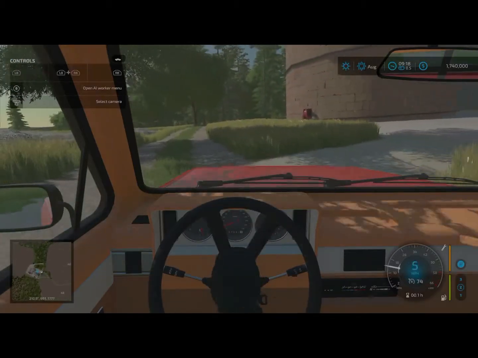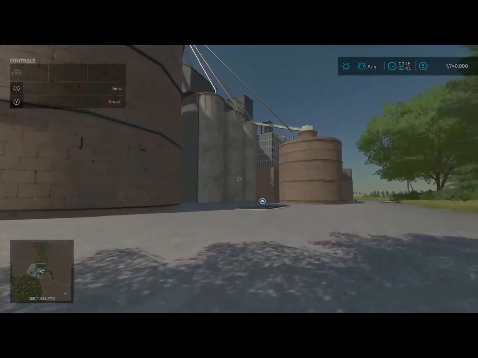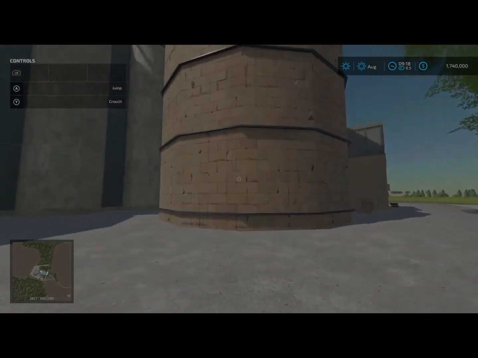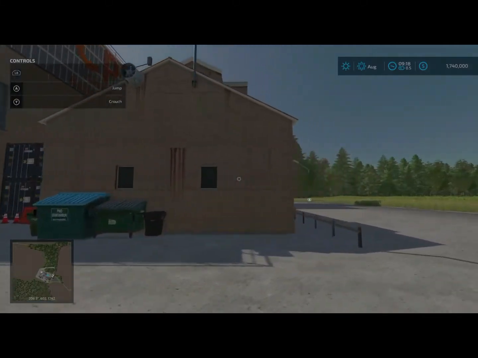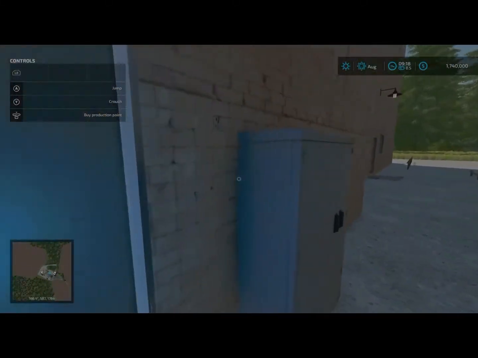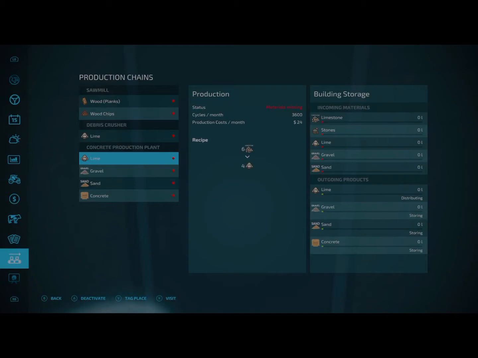Now, we are going to stop right here. Over to our right, this is the concrete production plant. All the way in the back, you can see there's the trigger to purchase. You can purchase this for $296,000. We will purchase that, and then you can see these are all the various things that you can do with